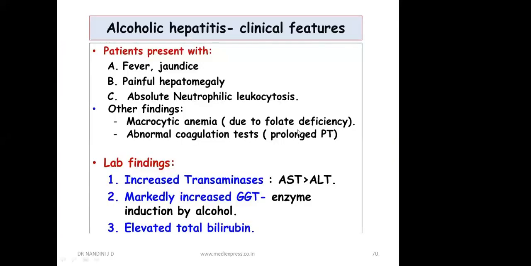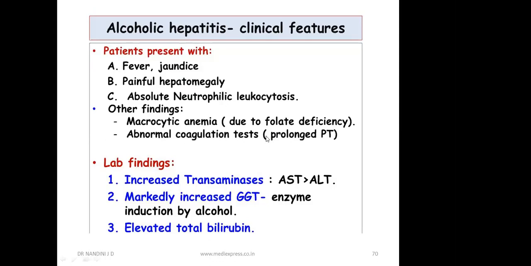Now moving on to alcoholic hepatitis with its clinical features. It depends upon the amount of alcohol the person consumes. The patient presents with fever, jaundice, painful hepatomegaly, and absolute neutrophilic leukocytosis. Other findings: you will have macrocytic anemia due to folate deficiency, and abnormal coagulation tests, that is prolonged prothrombin time. This you need to remember: macrocytic anemia due to folate deficiency, and abnormal coagulation test, prolonged